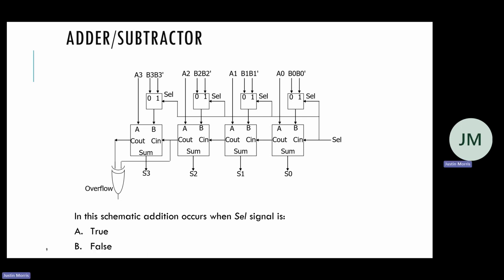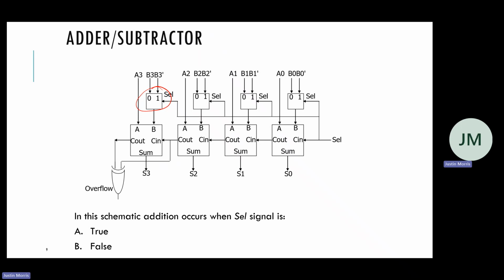And the way that we select is with these multiplexers, right? So if we have 0, we're going to get the normal B. If we have 1, we'll get the inverted B. So based on this select signal,